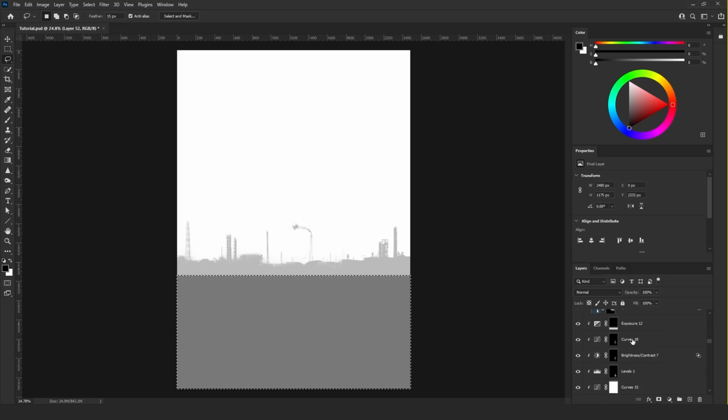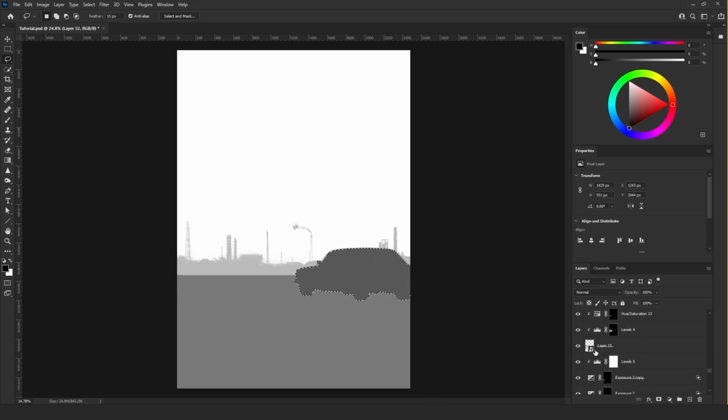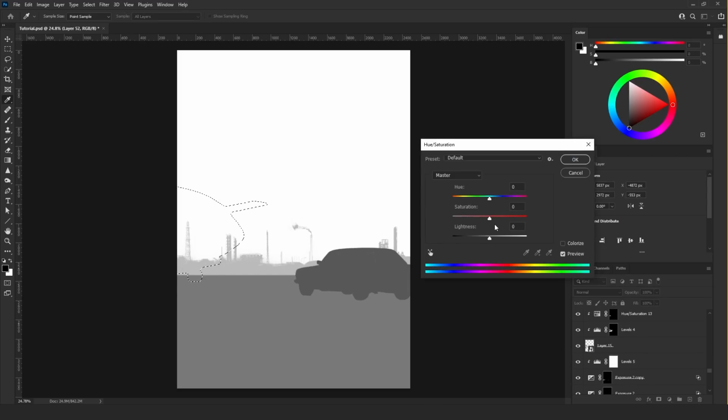And then I'm gonna go and select other objects such as the car, Control U, and then make it all dark, and then add some gray to it, just like that. And then the plane,